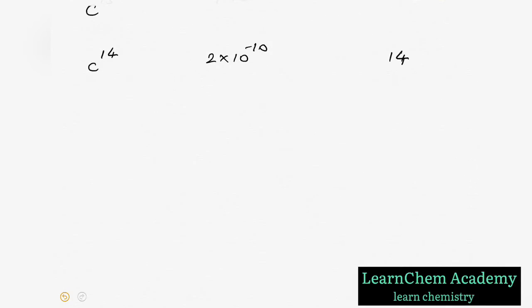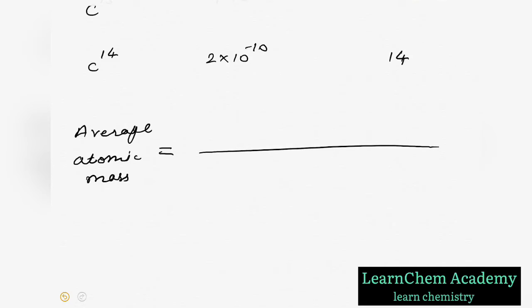We can write a formula for average atomic mass, that is equal to the percentage abundance of an isotope into its atomic mass or atomic weight,